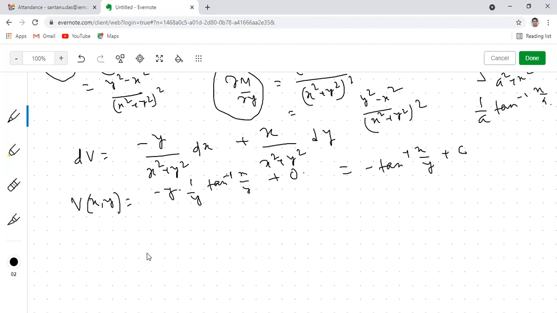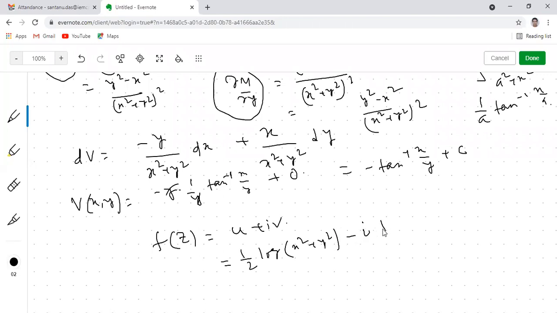So now what will be our analytic function? u is already given, so the analytic function will be in the form of u plus iv. Excuse me, sir. There is a minus y. Why have you not written it in the next step? Oh, sorry, sir, it was deducted. Yes, sir. So u is given as half log of x square plus y square, plus i into v, that means minus i tan inverse x by y. So you can cross verify that these two are analytic.